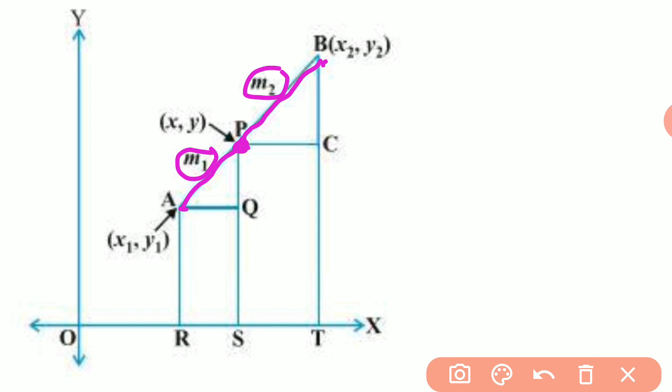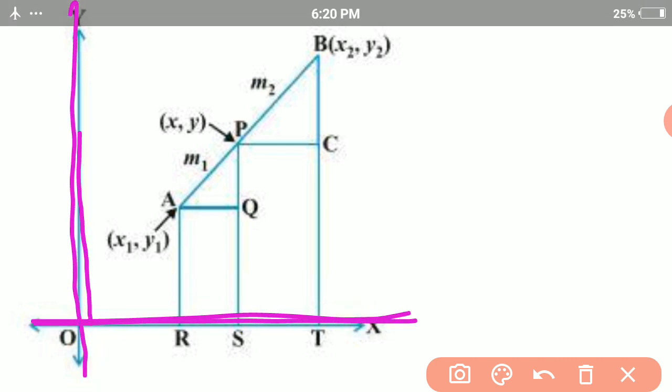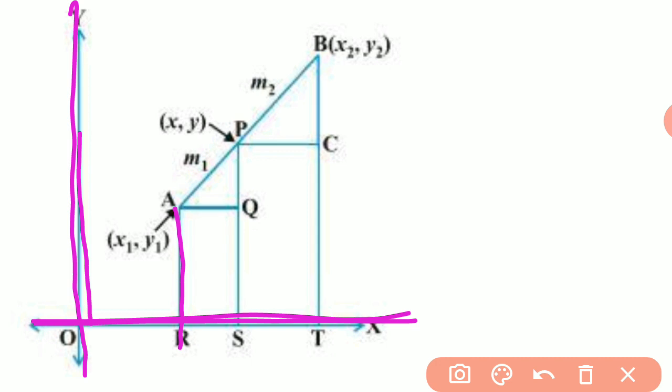Our aim is to find the coordinate of P. So for this we will draw the Cartesian plane, x-axis and y-axis. Then we will draw perpendiculars from A, from P, from B,